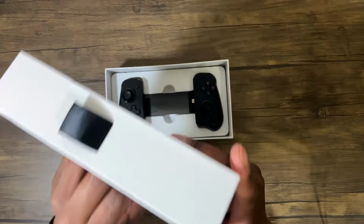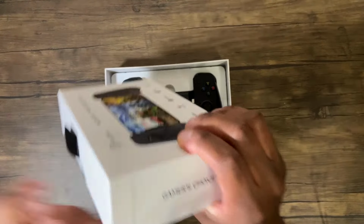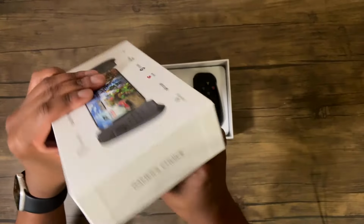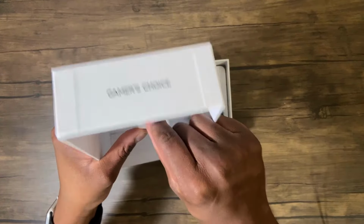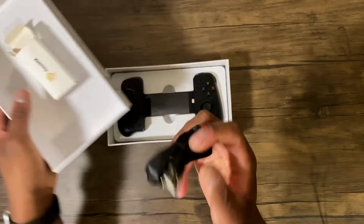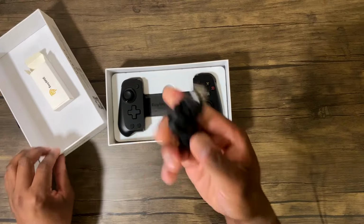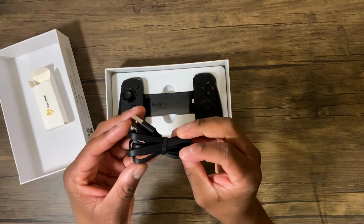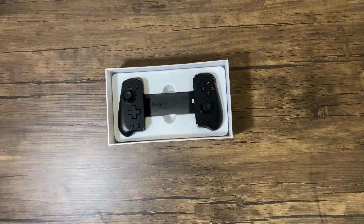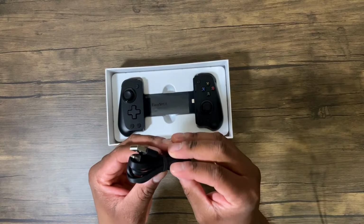Looks like we might have something inside of this box here. We do. Oh, what is this? What do we have in here? How nice. It actually comes with a charging cable. I don't think a lot of controllers that I've purchased on this channel have come with any type of cable,